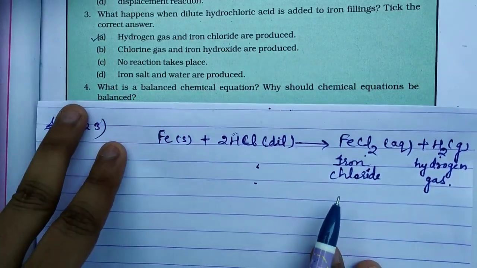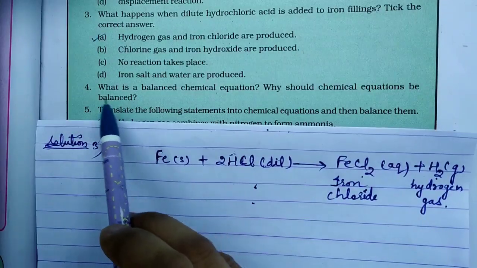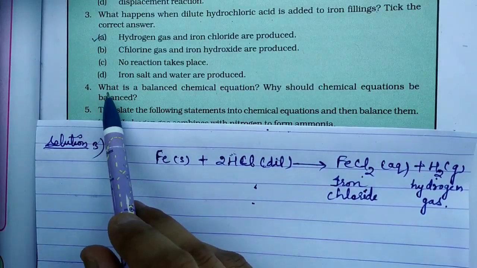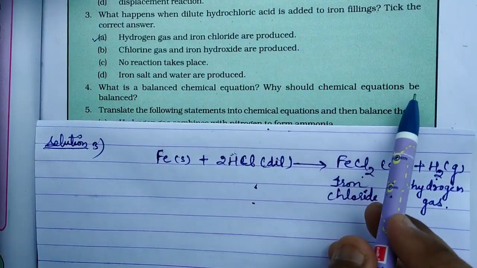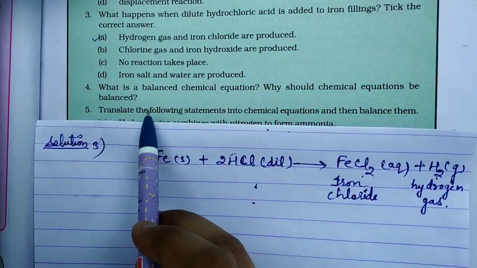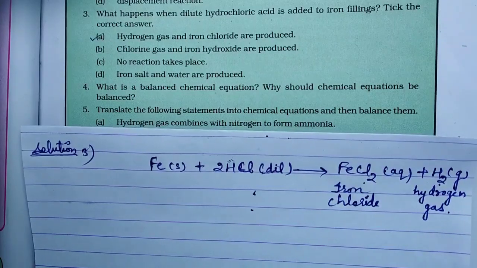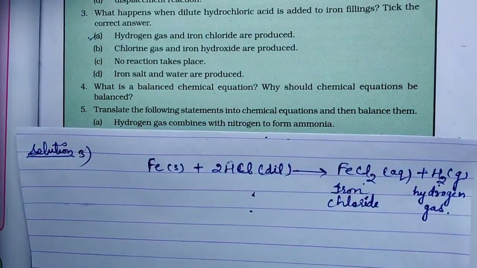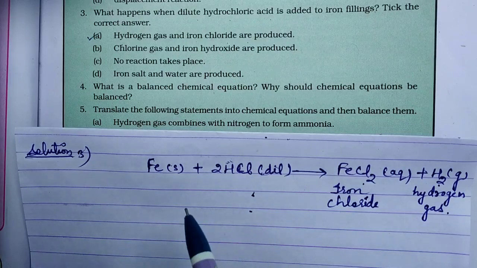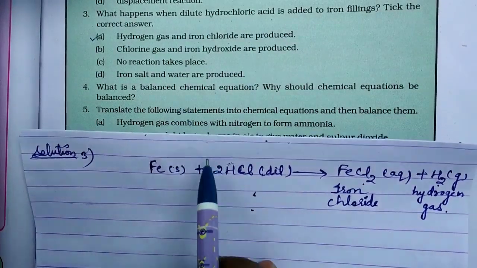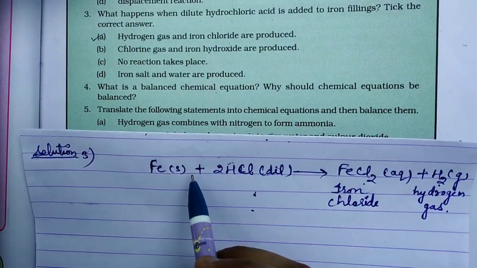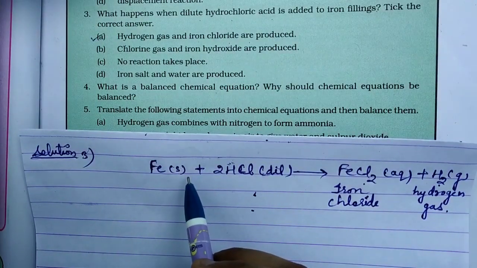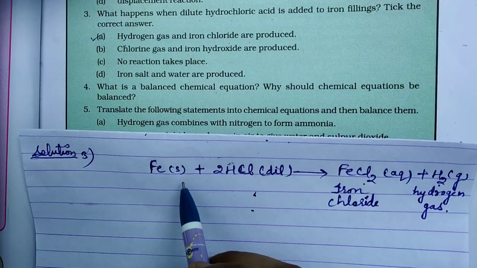Okay, the next question comes, question number 4. What is a balanced chemical equation? Why should chemical equations be balanced? We have discussed this question in the theory class. Again I will tell you what a balanced chemical equation is. Listen carefully, student. A chemical equation is said to be balanced if